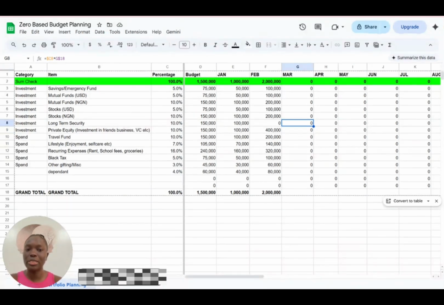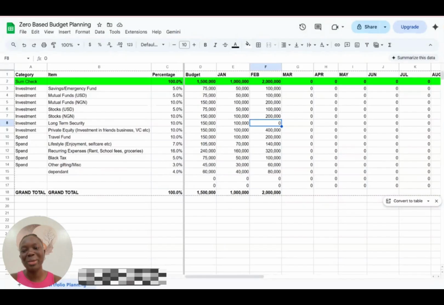You can really reallocate, especially because sometimes you see a good deal somewhere that is not going to be available next month. So you can reallocate, but make sure that you are reallocating reasonably. And please, when I say you can reallocate, don't reallocate from investment to spend.